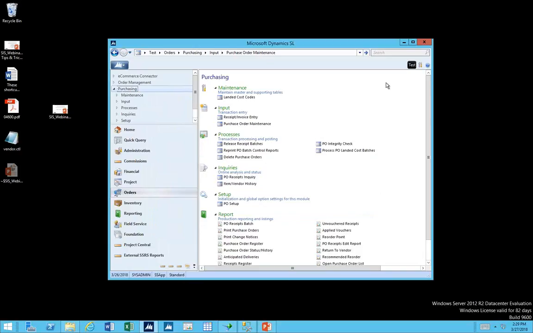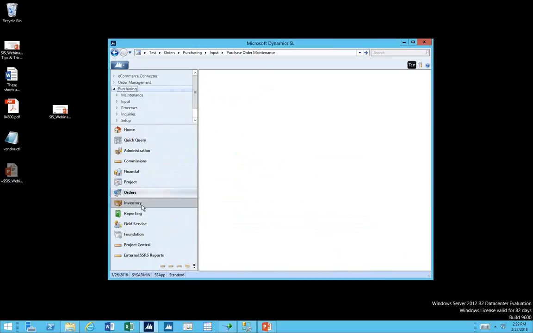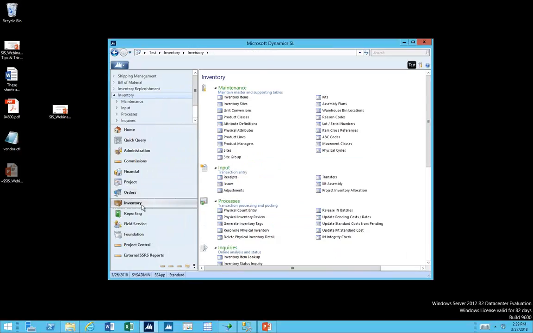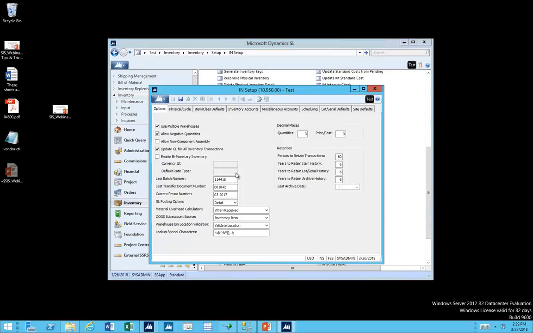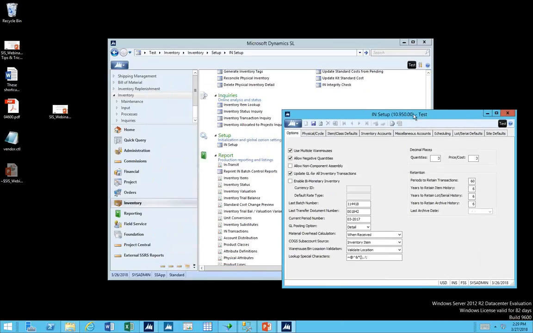Okay, so let's move on to inventory. Inventory obviously has a lot of functionality. I encourage you again here, there's a lot of stuff in the setup screen that's going to affect the way inventory processes. But before we do that, I do want to show you one more thing on the line of the